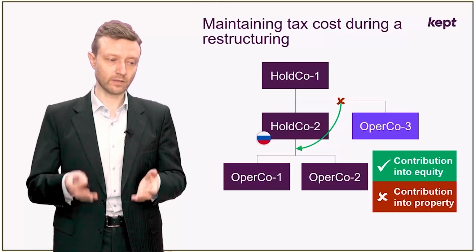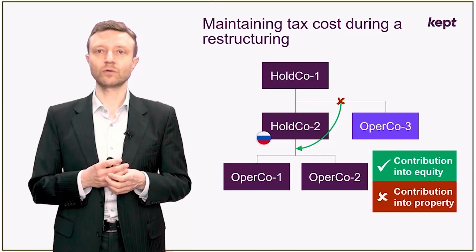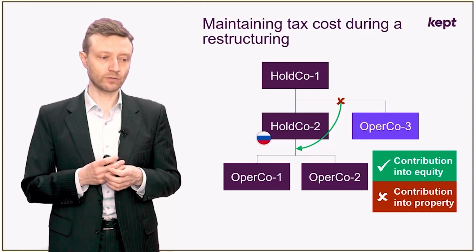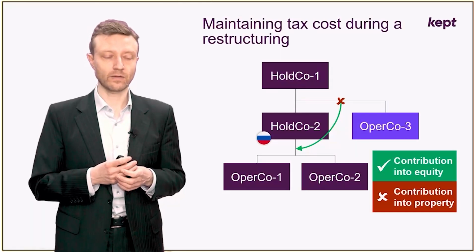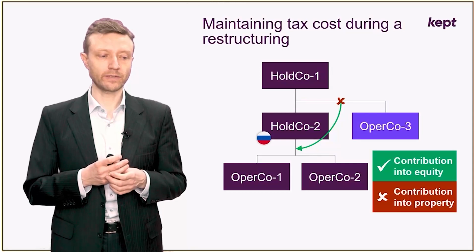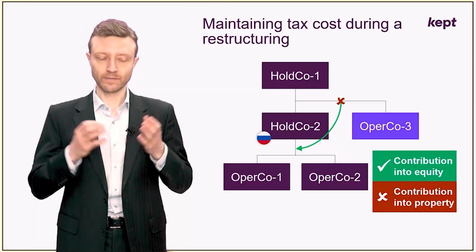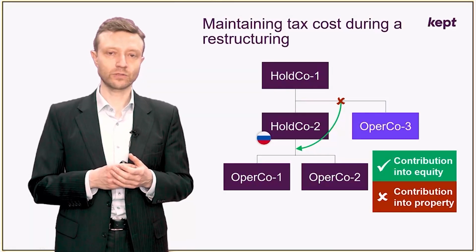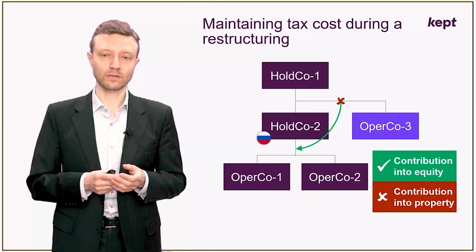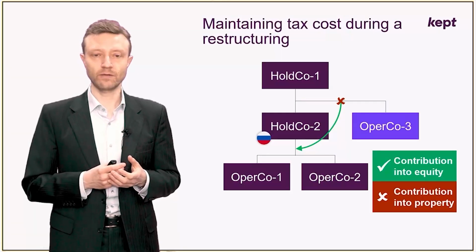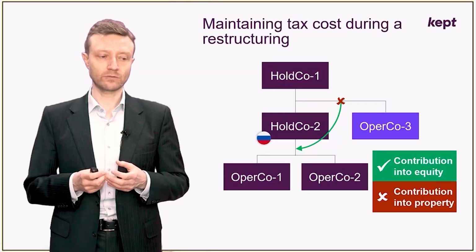The holding company 2 is not going to be able to deduct anything when it disposes of or liquidates the operating company transferred to it as a contribution into property. This is why when contributions into Russian companies are made using significant assets with significant cost basis, it's more beneficial from tax perspective to make contributions